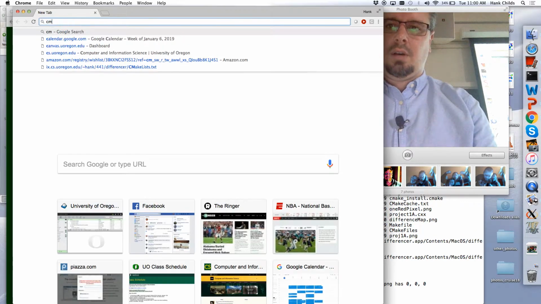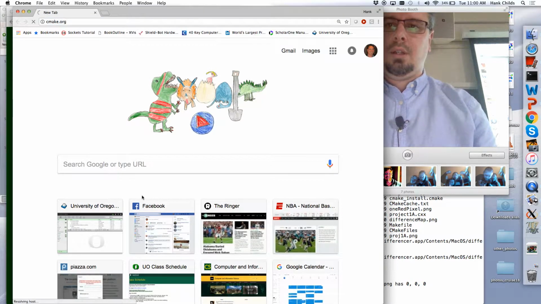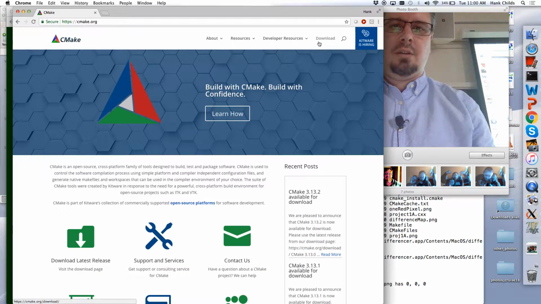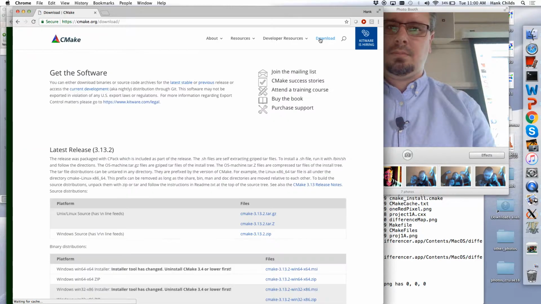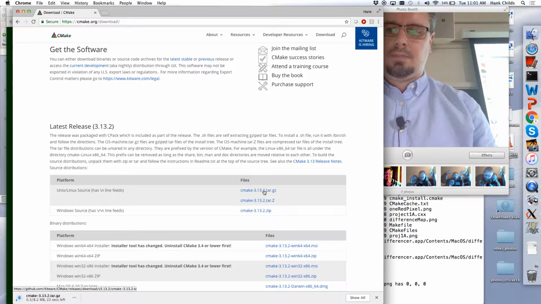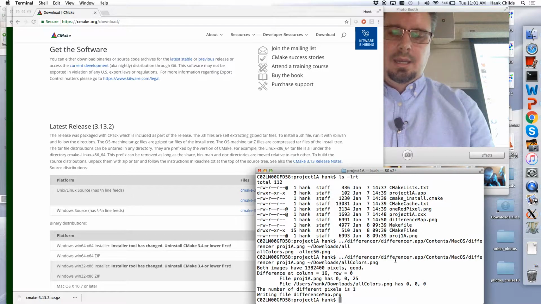Okay? So I'm going to go to CMake.org. And there's a download page and the latest release, and so I'm running on Unix and Linux, so I'd click right there, and so you see with my Chrome on Mac I get this thing right there, and then if I were to go back